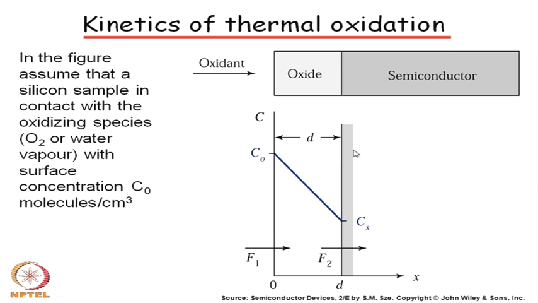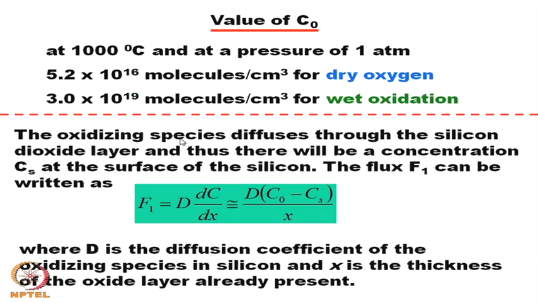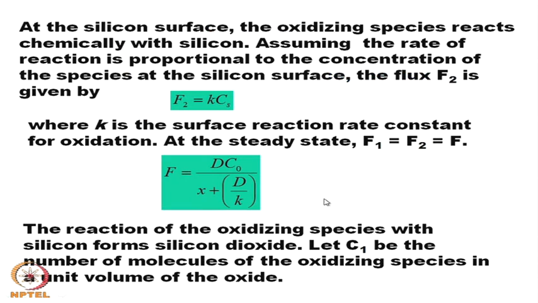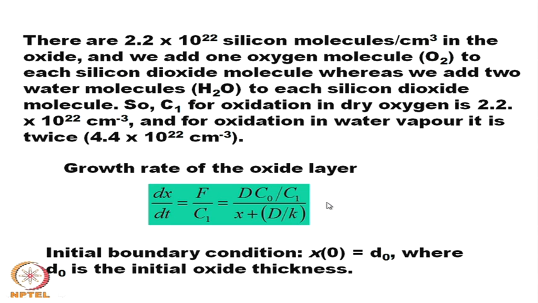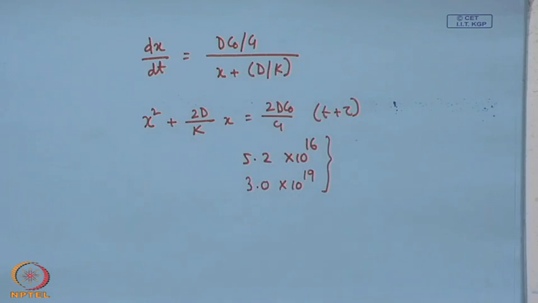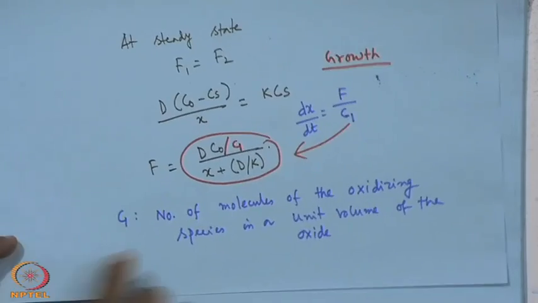Now, what is C0? Here you see C0 is the surface concentration of the oxidizing species. And another thing is that this C1, as discussed earlier, we have taken